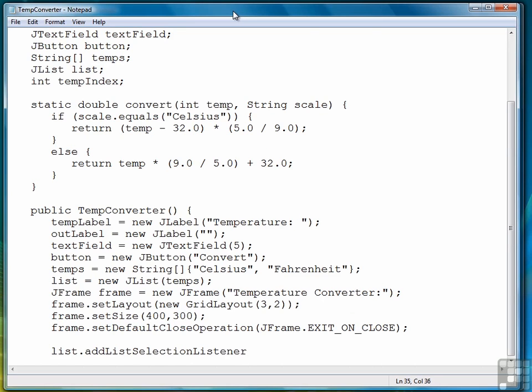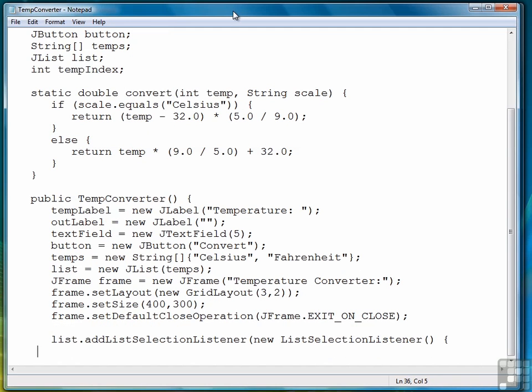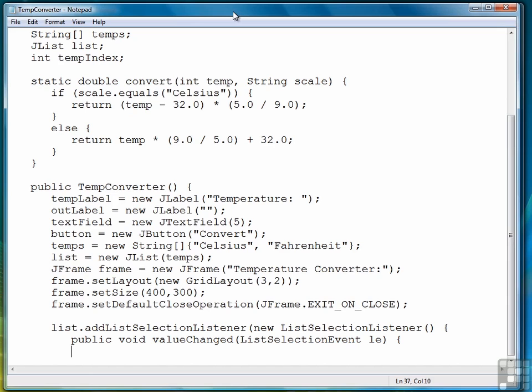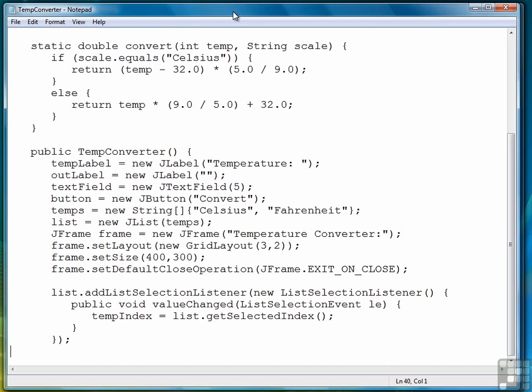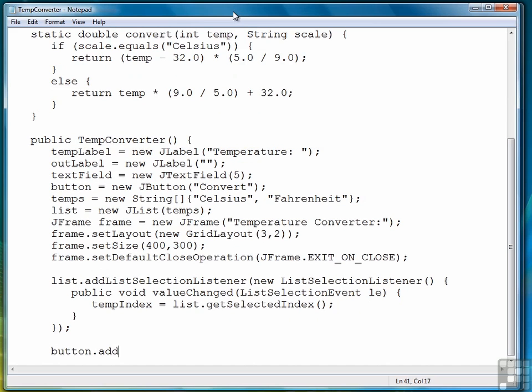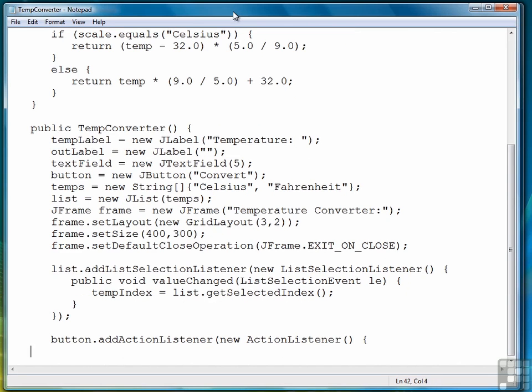First, we'll do our list listener, or list selection listener. And for value changed, we're simply going to get the selected index and store it in our temp index variable. So that action is fairly simple. Next, we have our action listener for our button. And for the actionPerformed method,